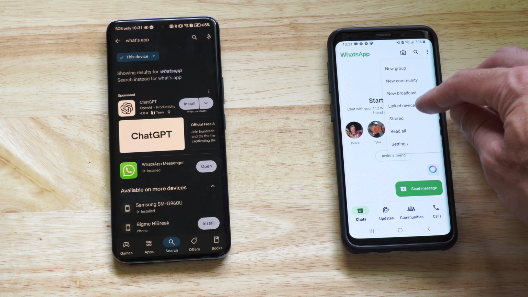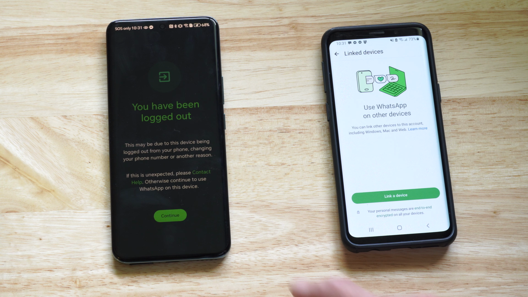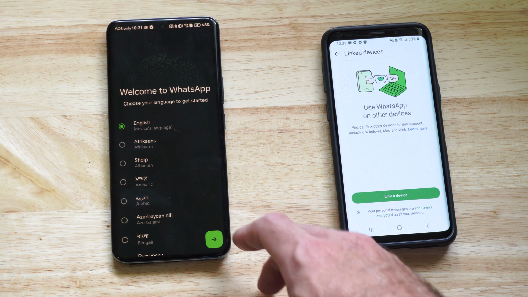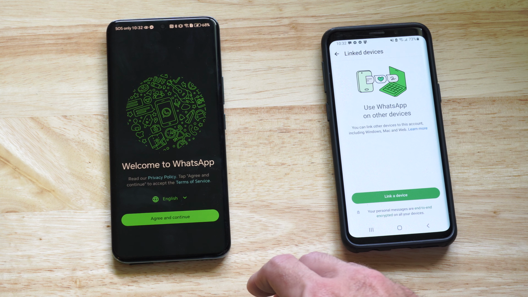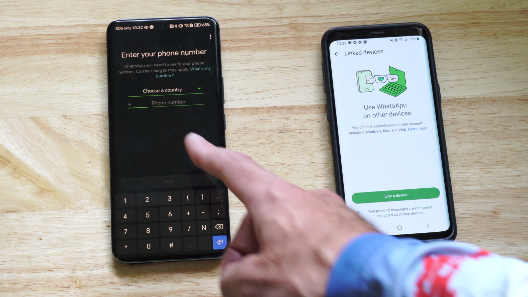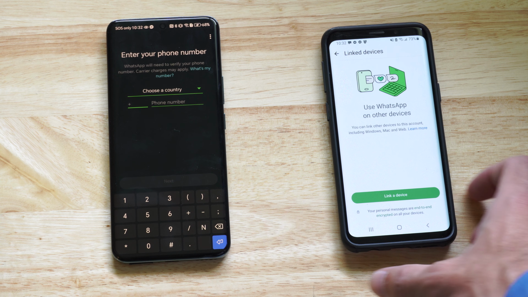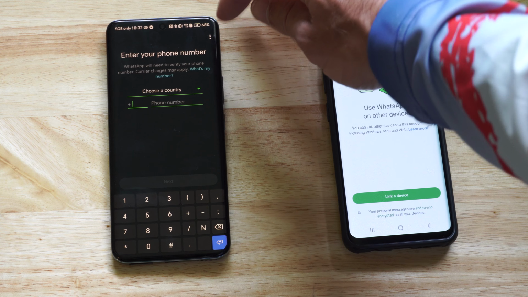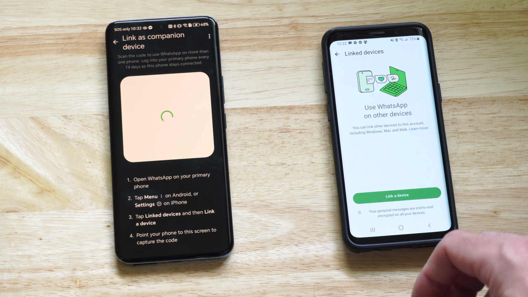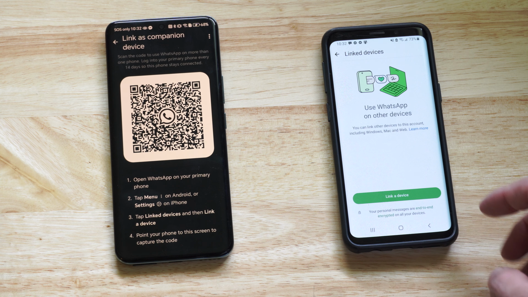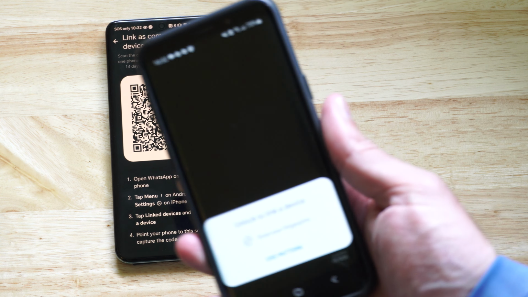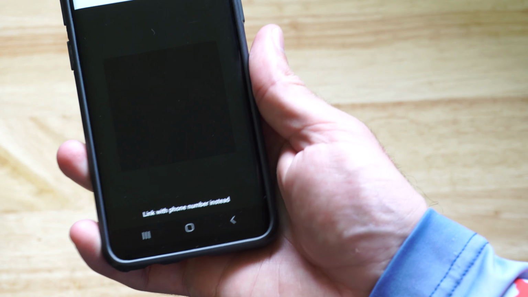Let's go over to the Google Play Store and go to open. Then we want to go to continue. I just logged out. Then you can see English and stuff. Go to I agree, then go to allow, and once we're under this page where we can type in a phone number and stuff, go to the top right and go to the three little dots, go to link as companion device. Now with the QR code up, go to link a device, then scan your fingerprint,